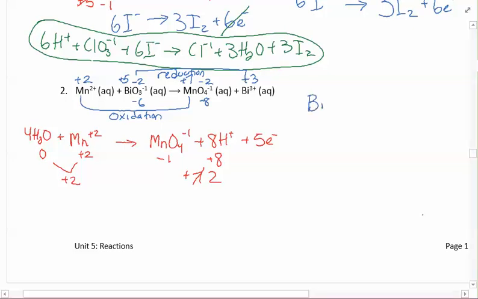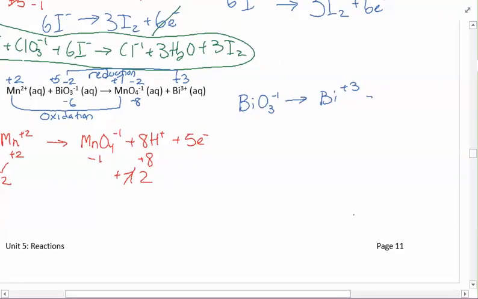We're going to do the same thing with the other part of the equation. I'm just pulling out the things with bismuth in it. Bismuth is balanced on both sides, so I can move on to oxygen. I'm going to have to scroll over a little bit. So I'm going to add 3 waters to the product side. Now that oxygen is balanced, I'm going to add 6 hydrogens to the reactant side. And now I'm going to take a look at charges. So I have plus 6 and minus 1, which gives me overall plus 5, plus 3 and